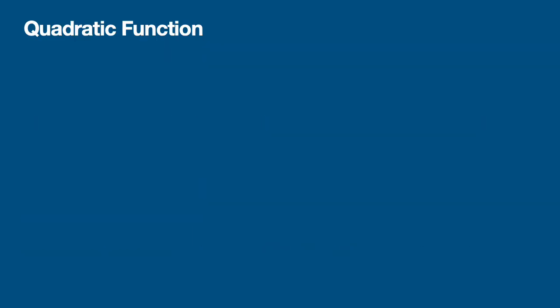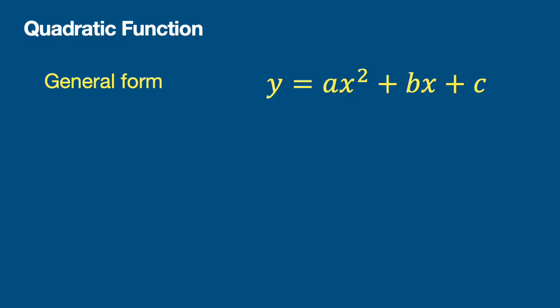Here is a quadratic function. Start with the general form, y equals ax squared plus bx plus c. The power is 2, and a is the leading coefficient. We call this the general form. Second,